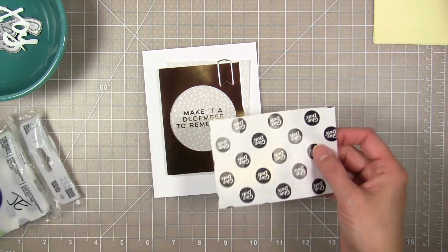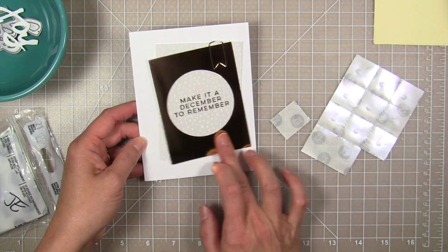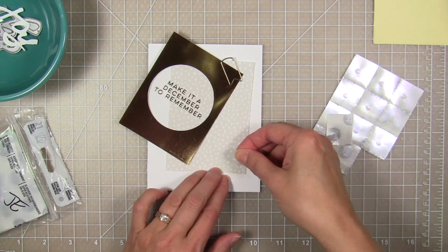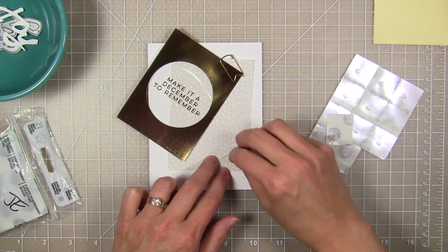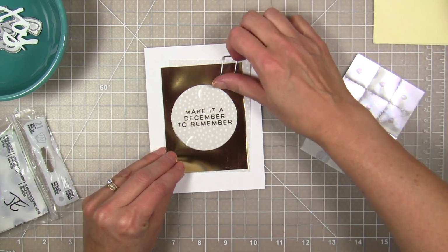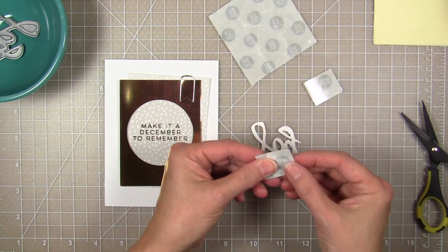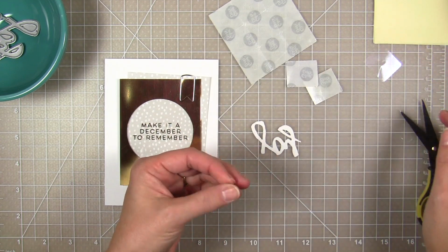And then I put a little bit of tape runner on the back of that to mount it to my card front. But I noticed that the piece of acetate was really slipping and sliding because all that's holding it together there is that little paper clip. So I decided to grab one of my mini glue dots. I love these things. They come on sheets and they have these liner papers that make it really easy to just use a couple at a time or one at a time. And then you remove the liner paper when you need to. You don't have to remove it right away. And I used that to anchor down the acetate so it wouldn't slide back and forth there when people are